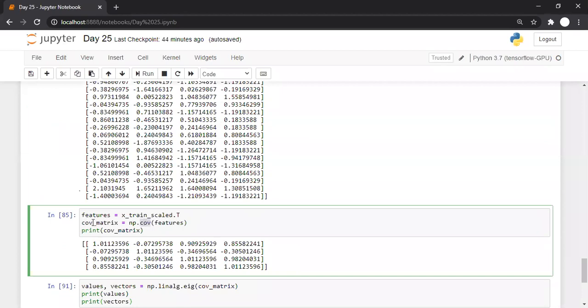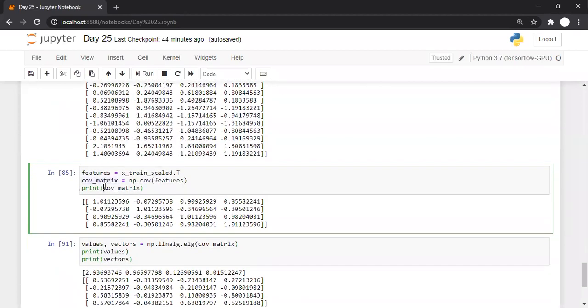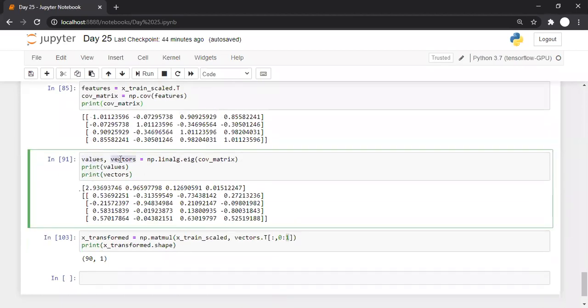after covariance, we got the covariance matrix. There is a fixed procedure for calculating eigenvalues and eigenvectors from the covariance matrix, and that procedure is followed. The most important component will have the highest eigenvalue and the least important component will have the minimum eigenvalue.